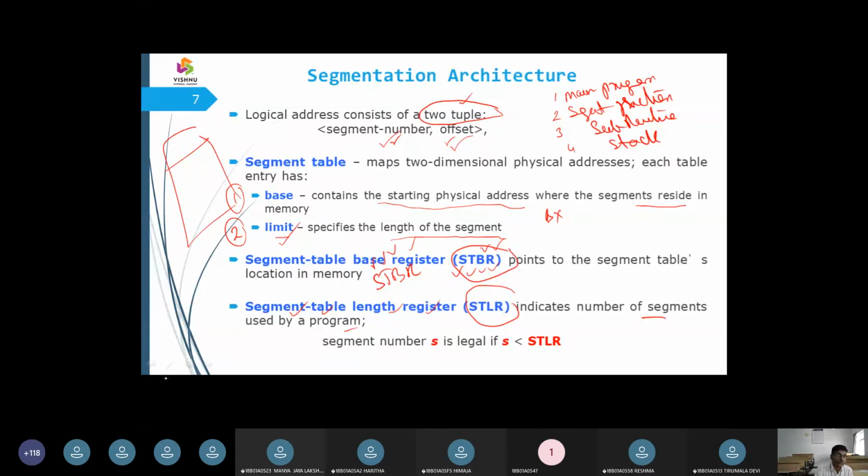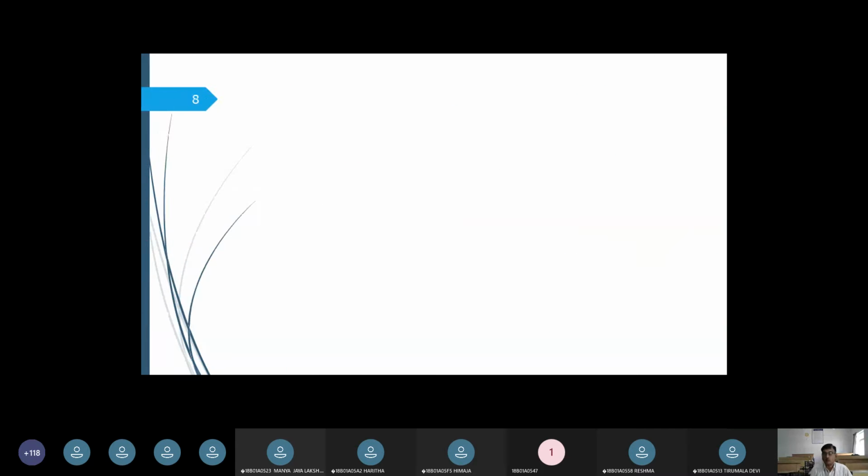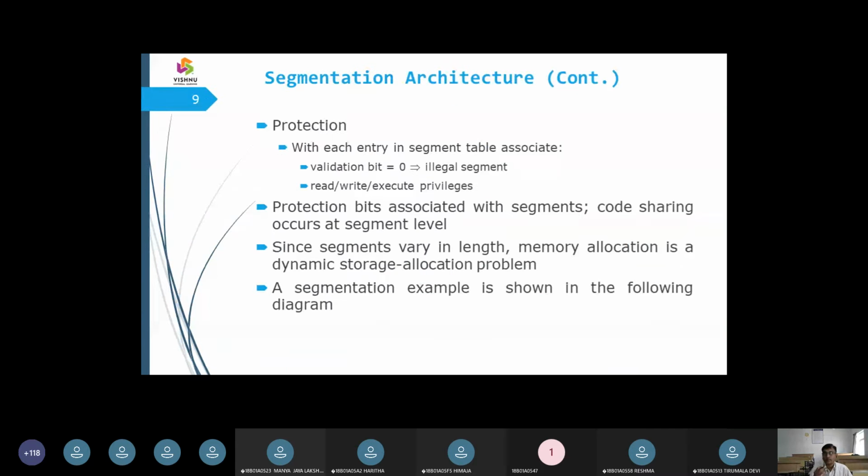So the segment table is going to take up this segment base register, and thereby it is going to contain the starting address of the physical address where the segment is going to reside. Next we have a limit register, which is going to hold the total length of the segment. We are going to represent the segment with another protective primitive item, that is nothing but valid and invalid bits.